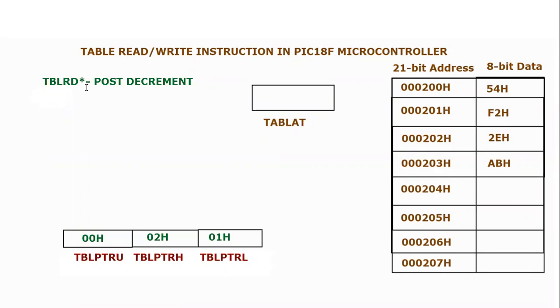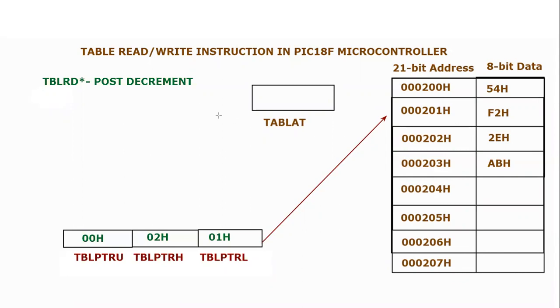In this video tutorial, we are going to consider another table read write instruction, and this time we will be discussing the table read post decrement option. So if we see the values of the table pointer, it is 000201. They are stored in the individual upper, higher, and lower portions of the table pointer. If you see the complete value, which is 0201 hex, that means the table pointer is currently pointing to this address, 000201 hex,